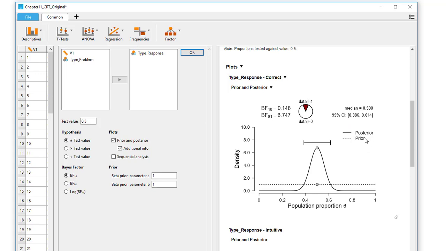So here it just shows us the prior, and the prior is, as indicated here, a beta prior with parameter A equals 1 and parameter B equals 1. That is equivalent to a uniform continuous distribution. So the probability is 1 for any value within 0 and 1. So that's the prior, and this is the posterior distribution, which is much narrower, with a mean of close to 0.5. Okay, so that's for the correct